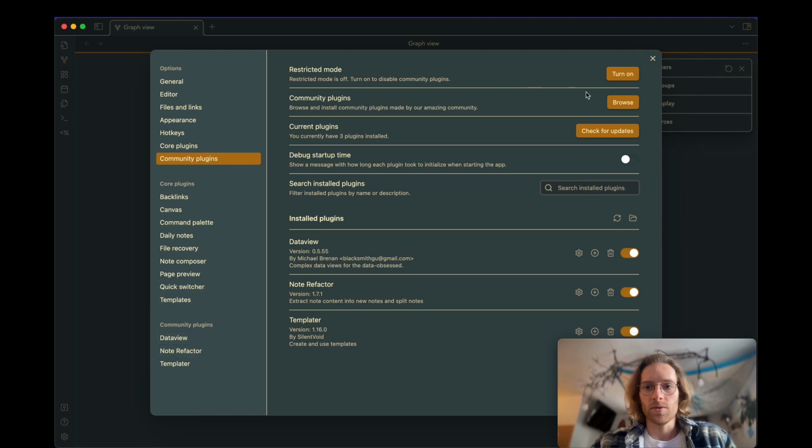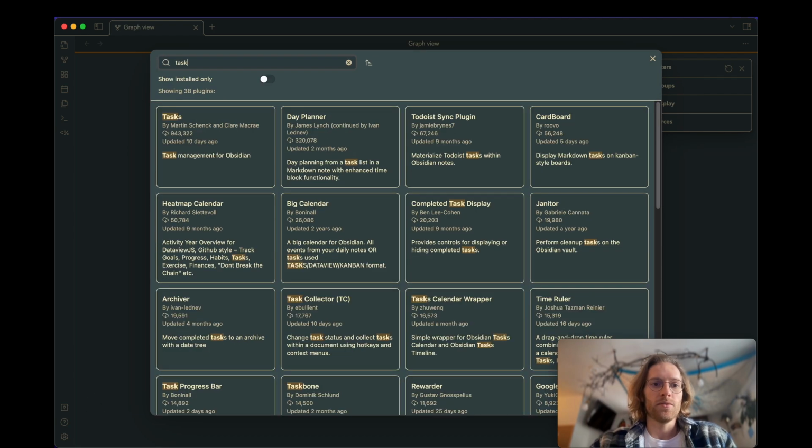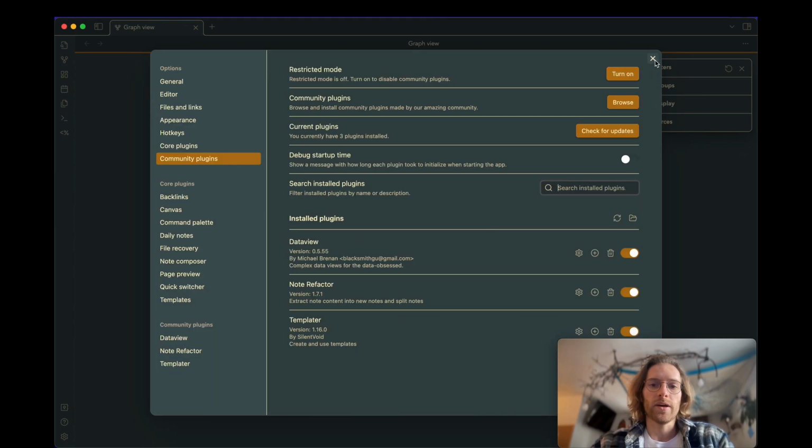In general, there are plugins for tasks available. When you go to community plugins and then you browse, you can search for tasks. Yeah, you might find nice solutions here, but I did not check any of them because I try to keep the plugins which I use as minimal as possible to reduce complexity and also to increase creativity with the tools